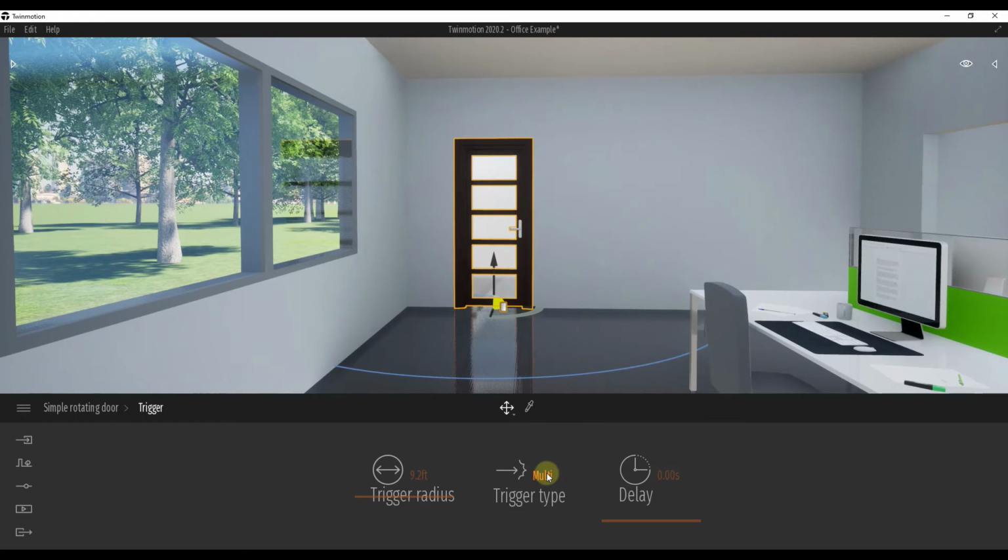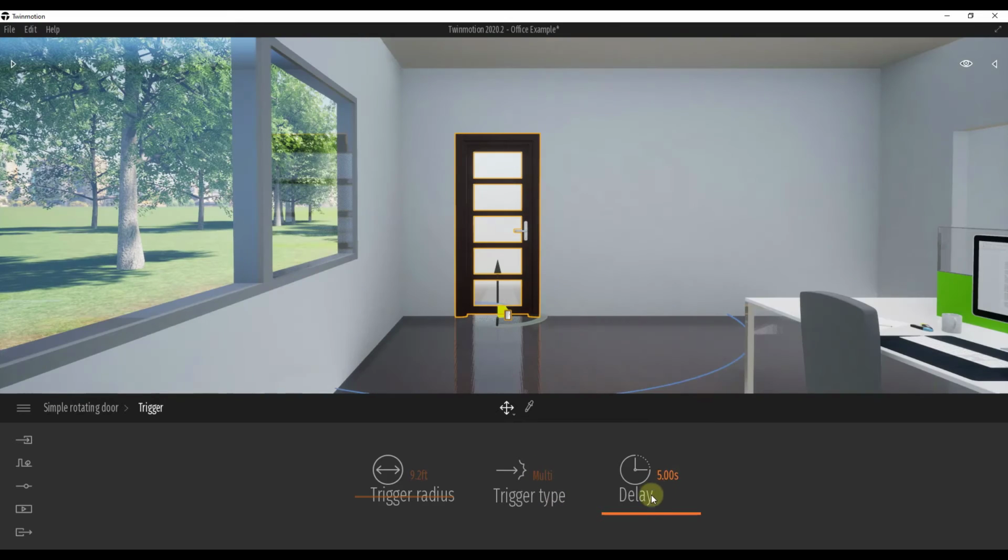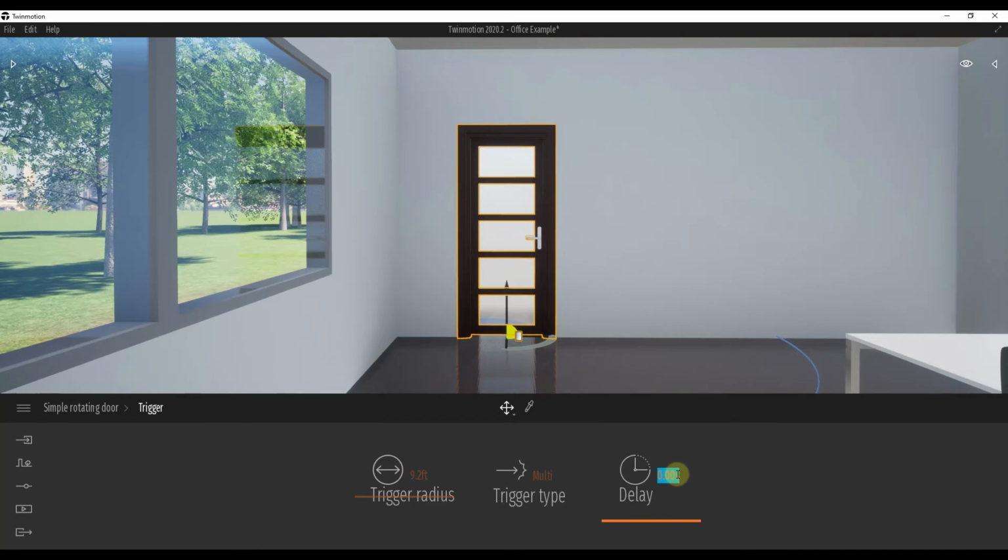And then you can also set if you have a multi-trigger type. So that means if a character comes within the door, custom path actors, or the camera go within this space, it's going to open. And so the delay is going to set how long the door waits before going back to its resting state. So now if I was to set my delay to 5 seconds, then I was to move into this space,